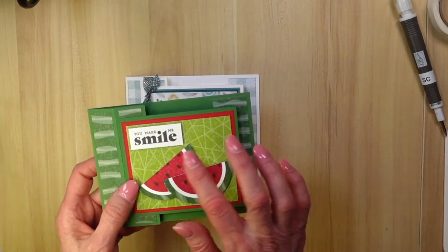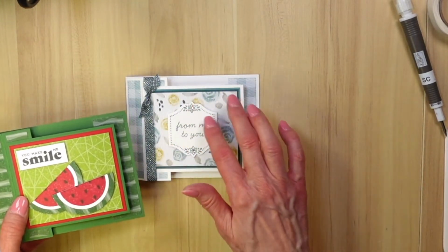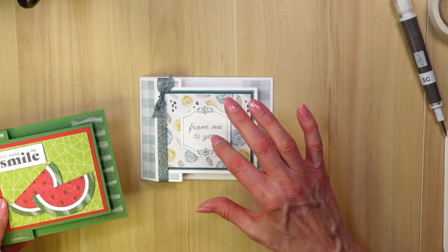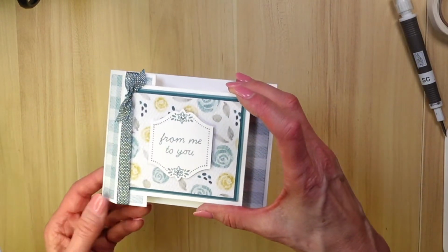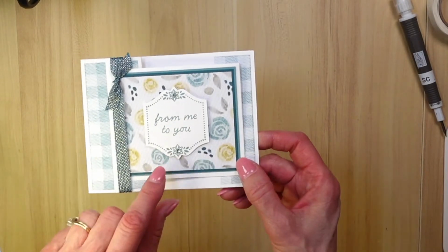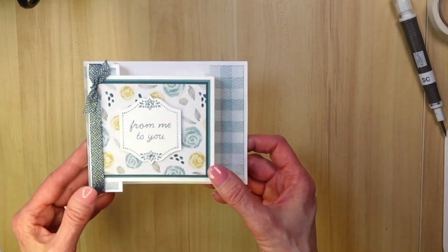The Hugs for Love stamp set is a bundle that comes with this punch and frames that match this. I went with the other one called Bright Borders that also matches this punch. The punch doesn't come with it as a bundle, but it comes with the other one. So of course I got both, right? So then we got a little bit of rhinestone on there, and that beautiful peacock and gold ribbon pops up